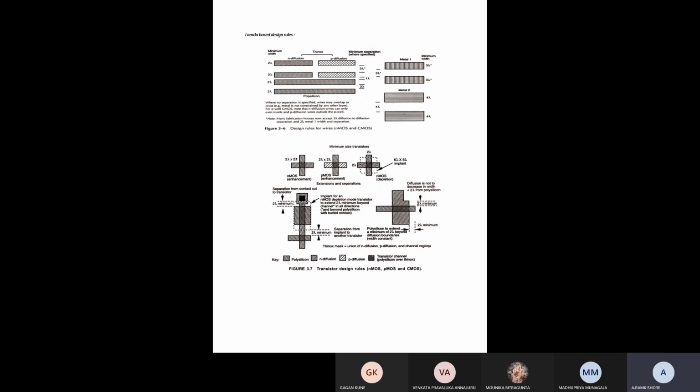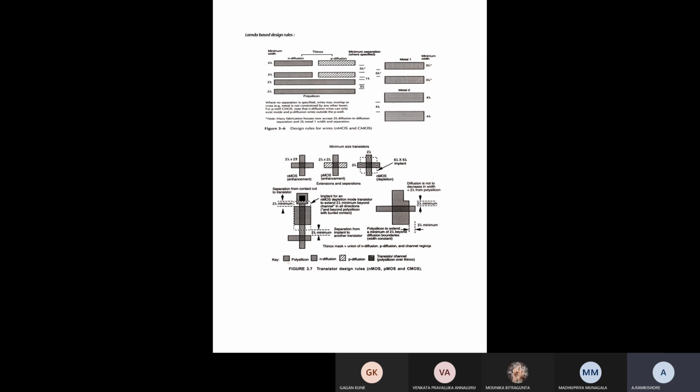Here we have to remember that whenever we are combining the diffusion material and the polysilicon, the two will be indicated as a cross mark. Cross mark means one material crosses with another material, or one material mixes with another material. That indicates a perfect injection within the design device. Clear. And coming to metal.